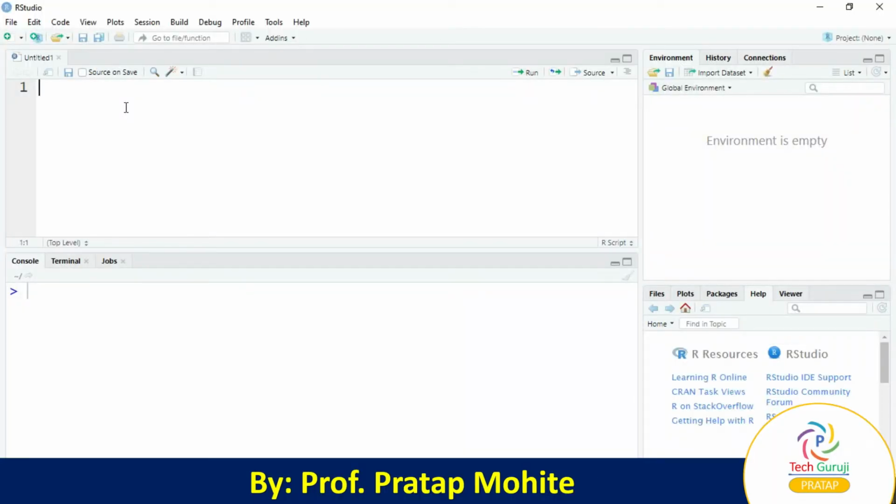Open RStudio. We'll declare one matrix, that is mat1 is equal to, or we can use the arrow. We use the function called matrix, with the bracket. In the tooltip box, it suggests the parameters we can take. The first denotes data, nrow, ncol, byrow. So we'll have data, and we'll create a matrix by row.